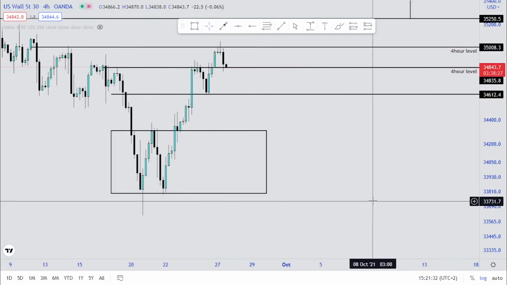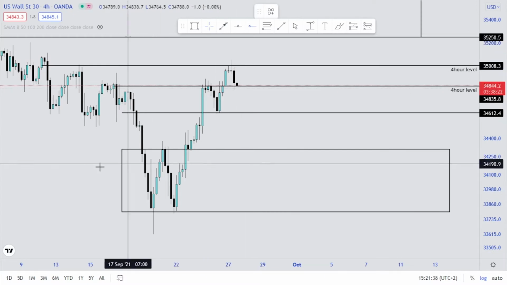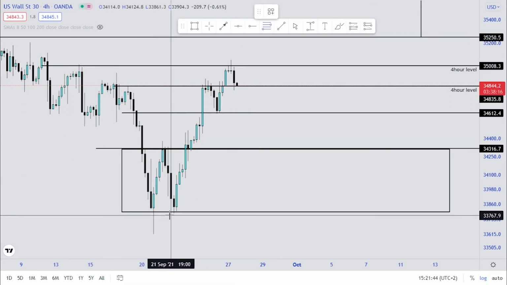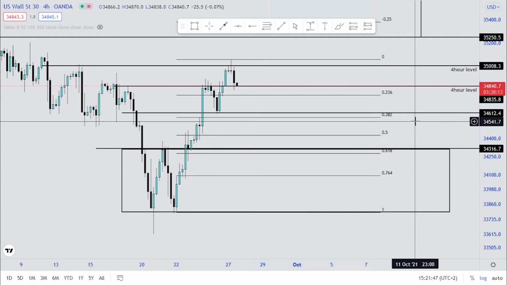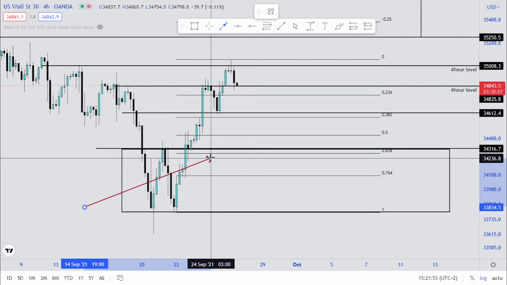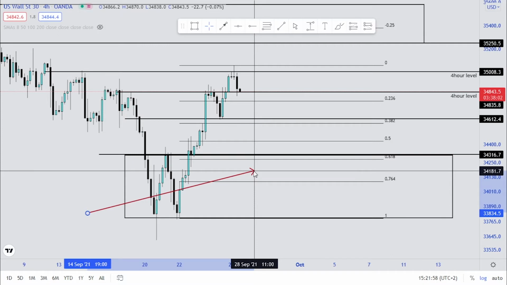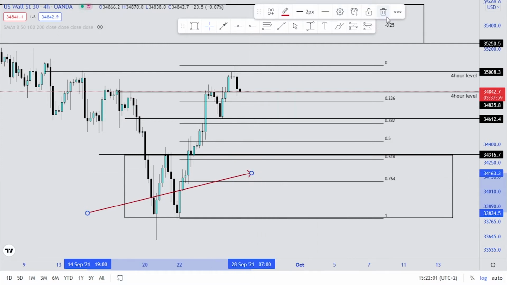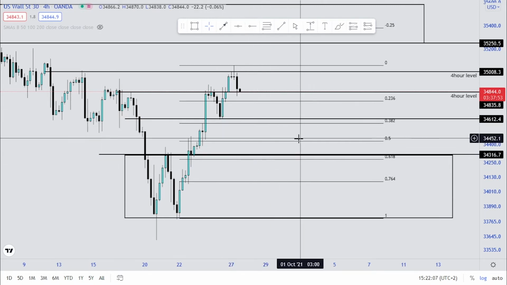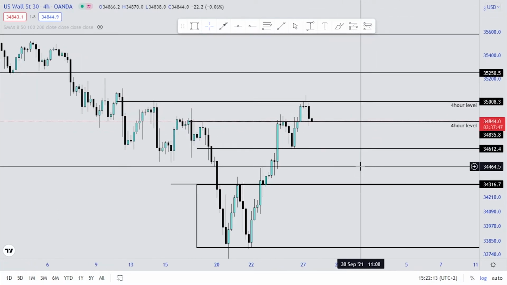So if price decided to break down again, we can most likely see that price will come into this area of 34316 again. So if we run a Fibonacci from this low to this high, what we can see now is that we do have a beautiful impulse breakdown, if price breaks down into this golden zone area, or on my Fibonacci, my 618 zone, if price decided to break market structure and come down to this region again. So that is my second option for market structure, but I will not look for any sells